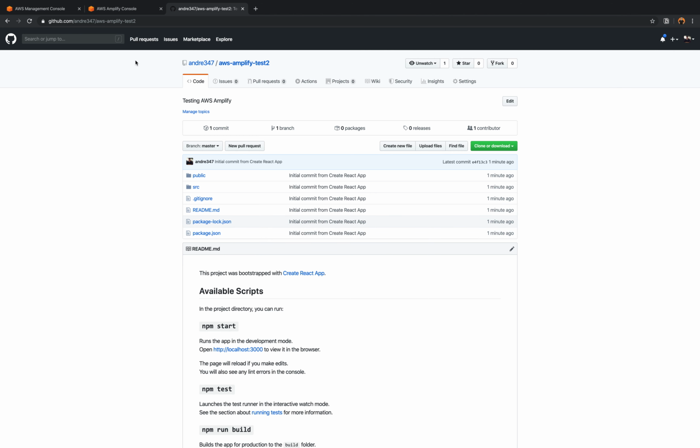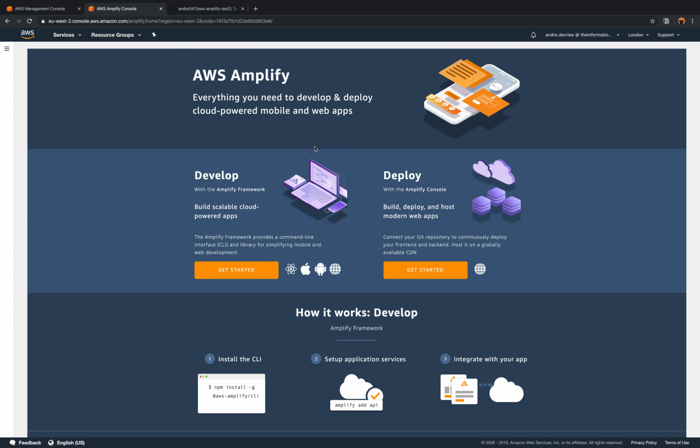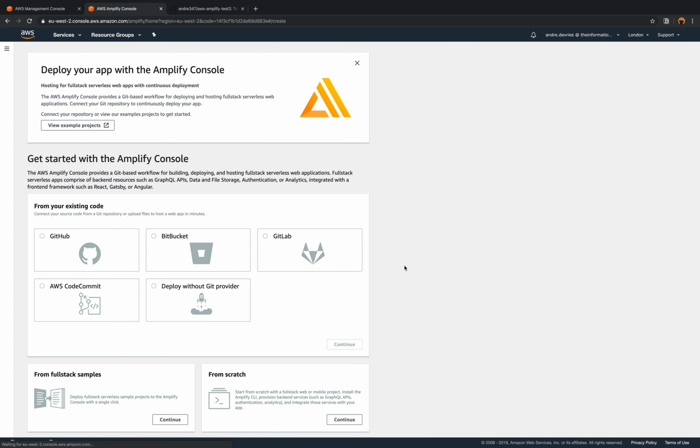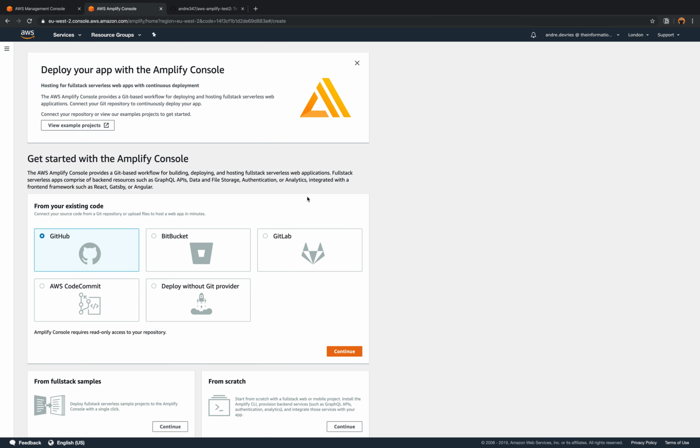That's great. So now let's connect AWS Amplify to this particular repository. So I'm going to the console, and in here I'm going to click on Get Started with Deploy. And what we're going to select is GitHub here. You can also select Bitbucket, GitLab, other source code tools. So if I click on Continue,